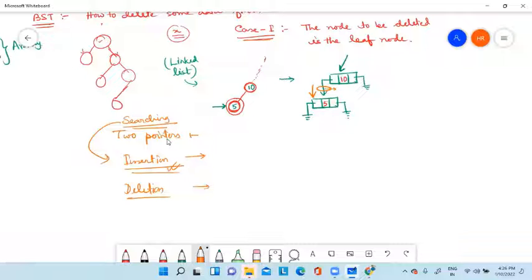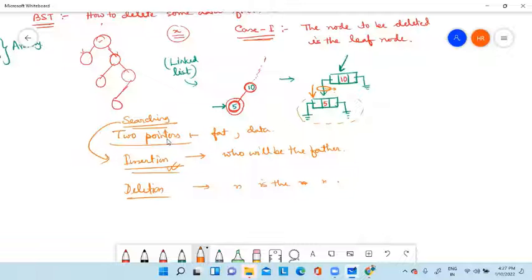You will search who will be the father, because based on that you have to add the element. When you are deleting, again see, when I am deleting this particular node, this is the father of that particular node. So in case of deletion, we require the father. This is very important. So when you are searching, you require two pointers. One pointer for pointing to the father, another pointer for pointing to the data, the search element.